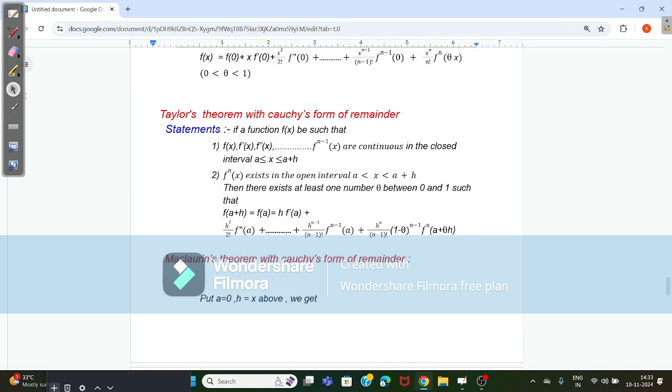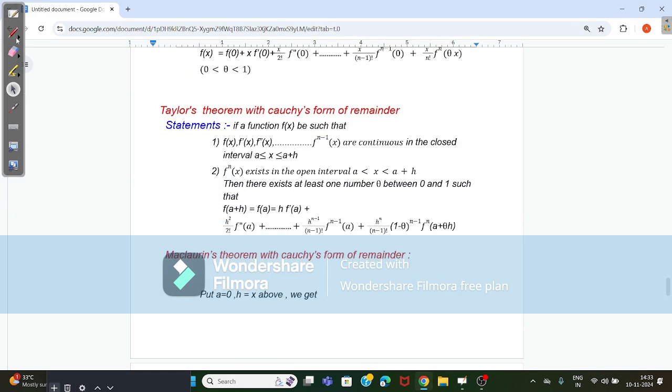Now Taylor theorem with Cauchy's form of remainder. With the Cauchy's form of remainder, if a function f of x is such that f of x, f dash of x, f double dash of x, up to f power n of x are continuous in the closed interval a is less than or equal to x is less than or equal to a plus h, then f power n plus 1 also exists in the open interval a is less than x is less than a plus h. Then there exists at least one number theta between 0 and 1 such that